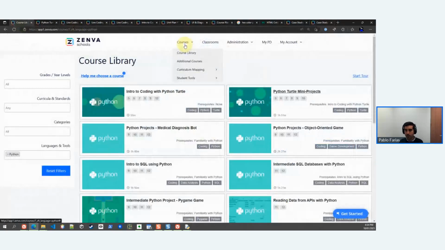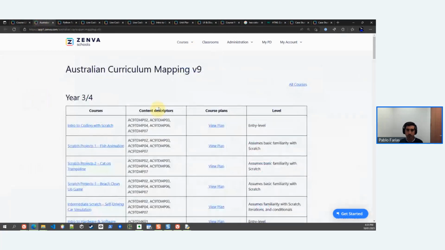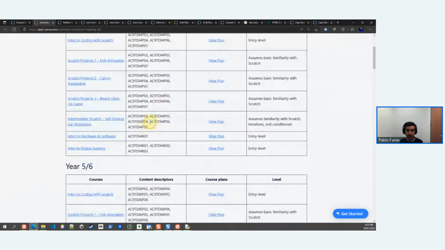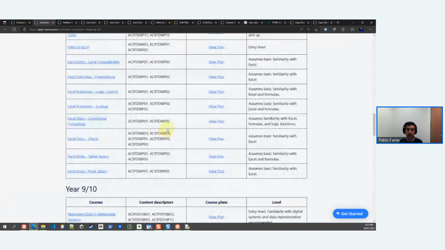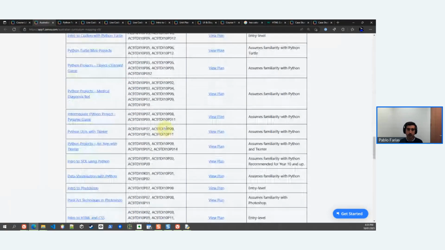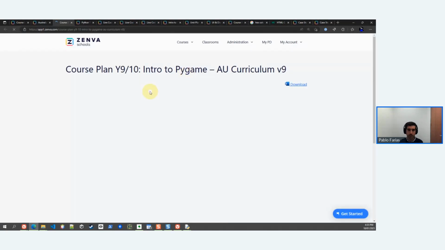If you are looking to find the curriculum mapping, but you don't want to go to each one of the courses, you can also find all of that here, curriculum mapping Australia, and you can choose your curriculum. Our digital solution coverage is only very limited, but with 8.4, we have full coverage. With version 9, we have a lot of it. So if you're ever looking for how can I teach content descriptor A, B, C, D, you are highly likely to be able to find it here. And you'll find the link to the course as well as the link to the course mapping document that the